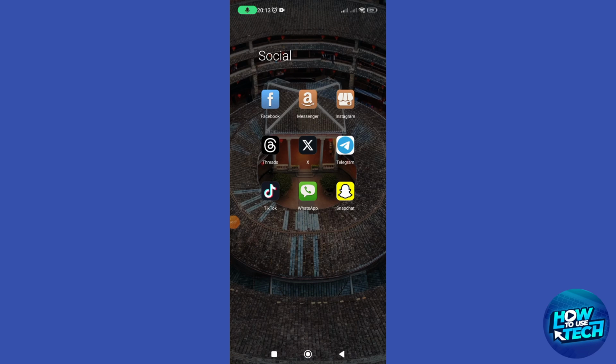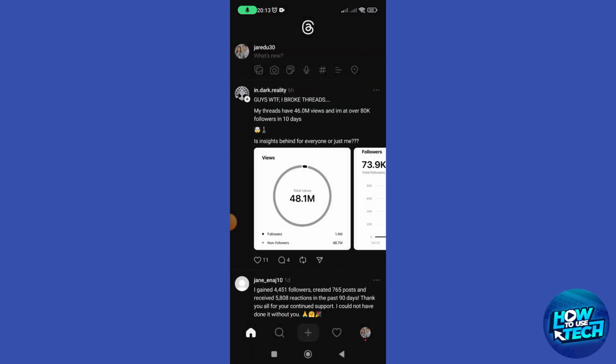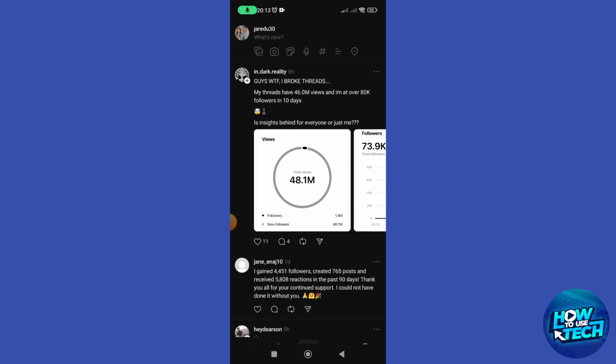Hey everyone, today I will show you how to remove all followers on Threads app. And here's how it is done. If you're looking to clean up your Threads profile by removing followers, here's a step-by-step guide to help you get